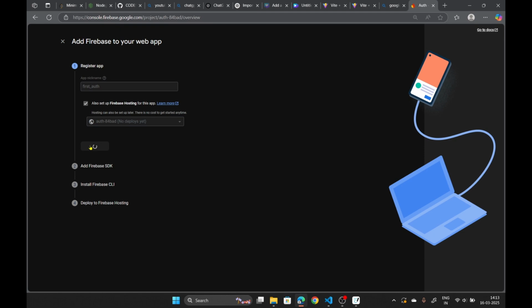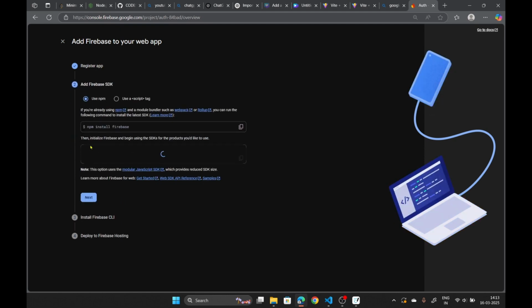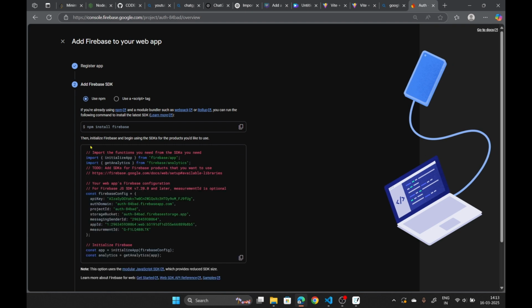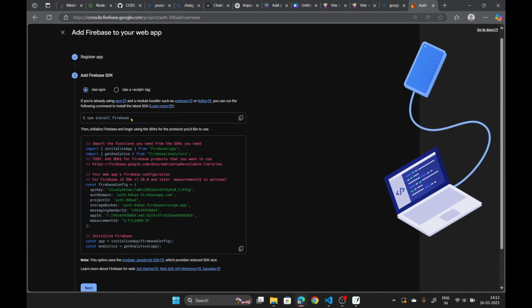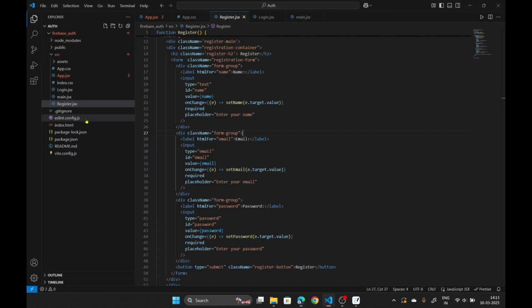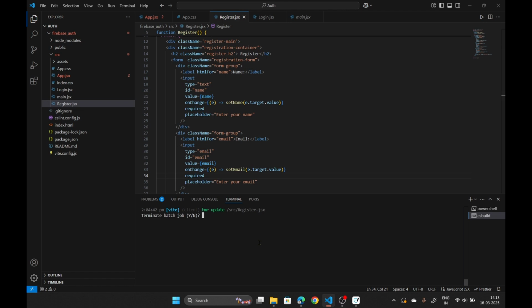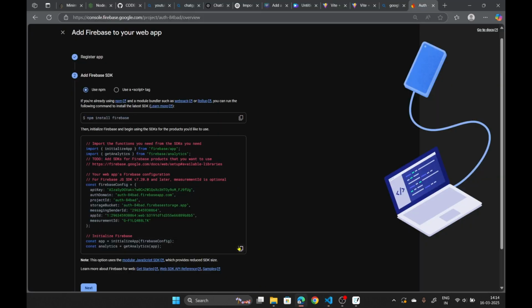It will give us a complete code that we have to attach in our website. Okay, here is the code given. Please make sure that you have already executed this command, because I have already done it. In VS Code, press Control J and run npm install firebase. I have already done this and it is up to date, so there is no need for me, but you guys have to do it. Just copy this code from here,